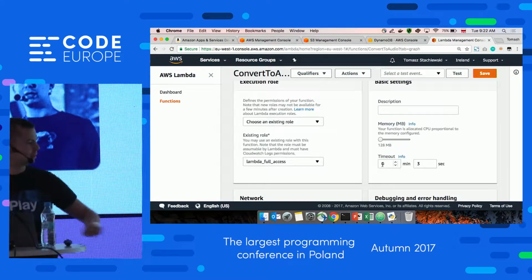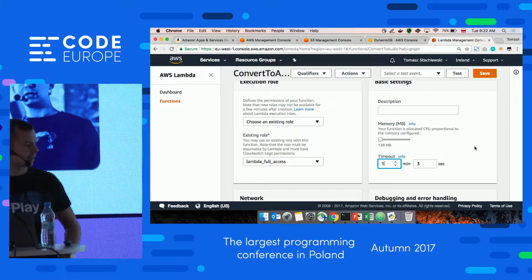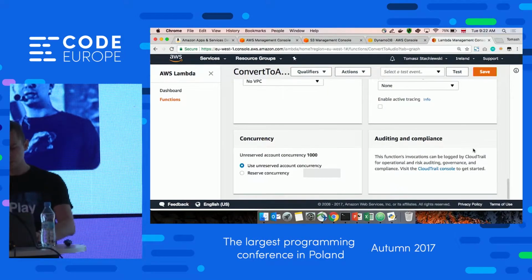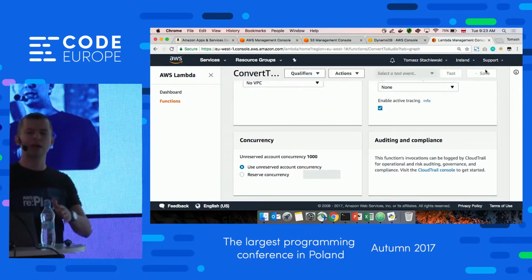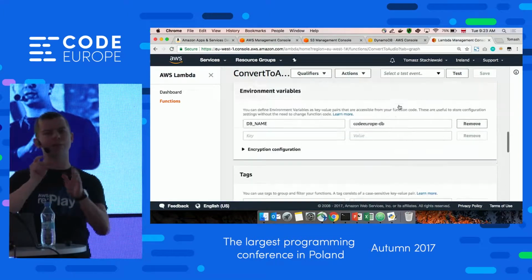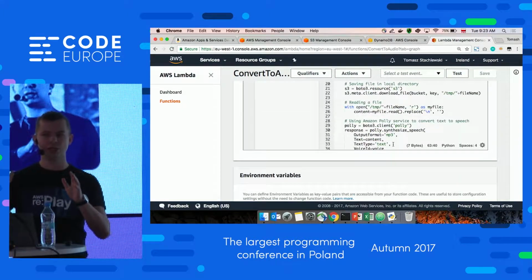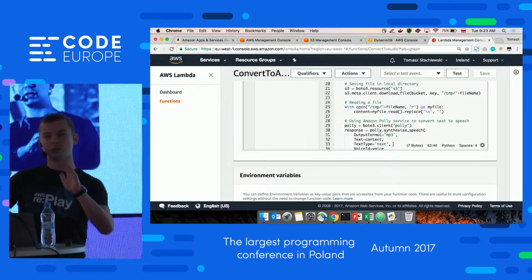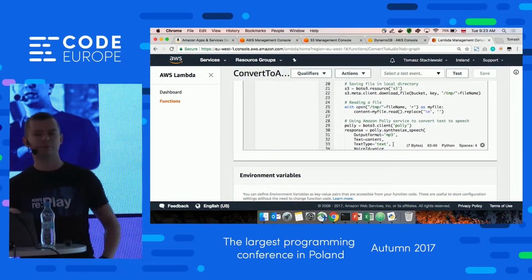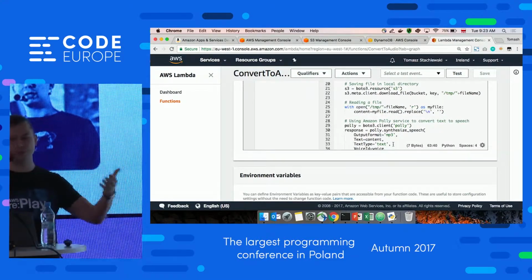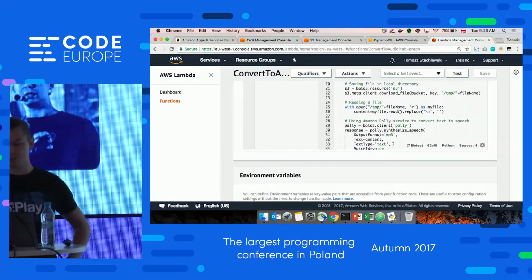Okay. There's also some other parameters. Let's not modify them. I will just extend the timeout. One of the important things about Lambda is that a single invocation of the Lambda can last up to 5 minutes, okay? So if we have got logic which is working more than 5 minutes, Lambda is probably not for us. We can also decrease this amount. Let's say 1 minute is more than enough. Okay, so let's save it.